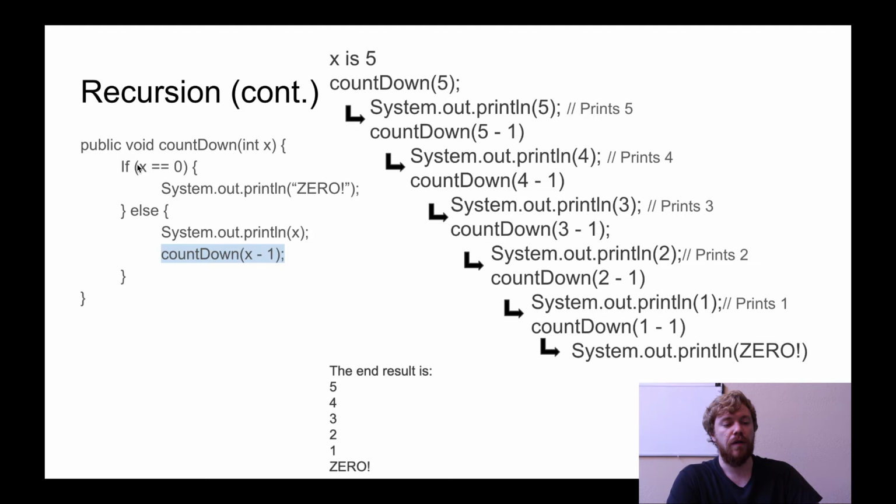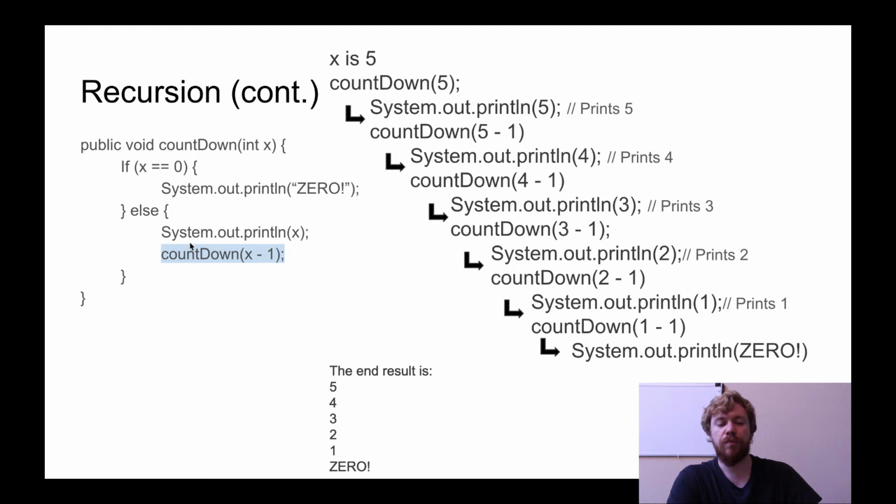So x is 4. Is x, or 4, equal to 0? No. We fall into the else block. We print the value of x, which is now currently 4. And that's what this is right here. And then, after that, we call countdown x minus 1, which, since x is 4, is 4 minus 1, and 4 minus 1 is 3. And once again, we restart the countdown method call, but in this case, x is now equal to 3. And so we repeat this process